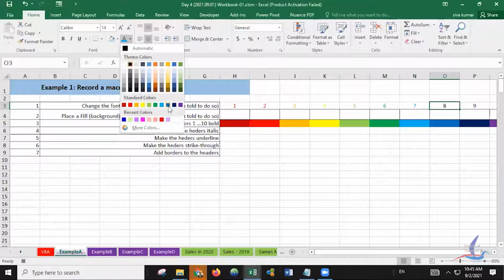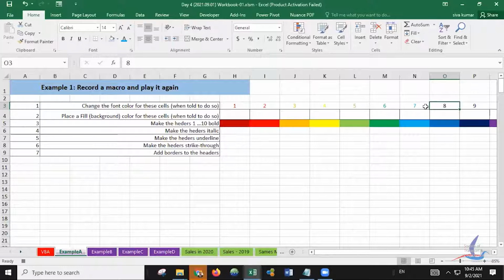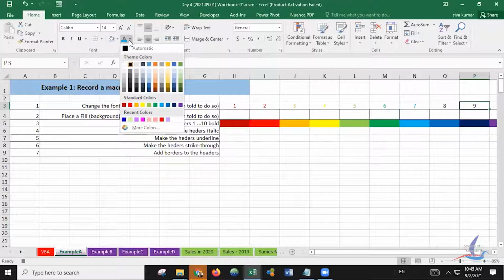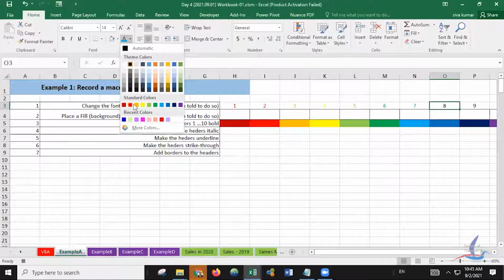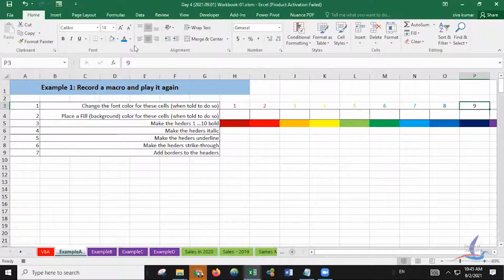Light green, dark green, yeah. Okay. Even the clicks are counted anyway. 8, what I put? 1, 2, 3, 4, 5, 6, 7, 8, 9,